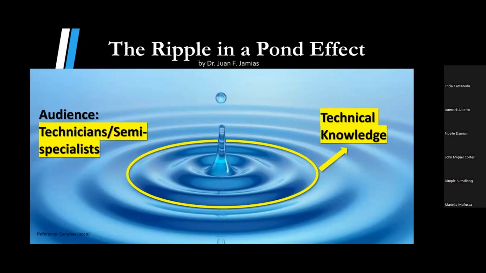Yes, sir. Okay. So dun tayo sa technical knowledge. Technical knowledge are types of knowledge which could be understood by semi-specialists or by technicians who are studying or who are concerned with the related fields of the communities of practice. Pero they may not necessarily be experts doon sa field na yun. Okay? We're not saying dito na mas mataas yung level ng mas magagaling yung mga nasa scientists.